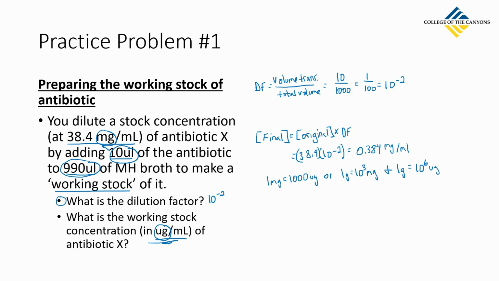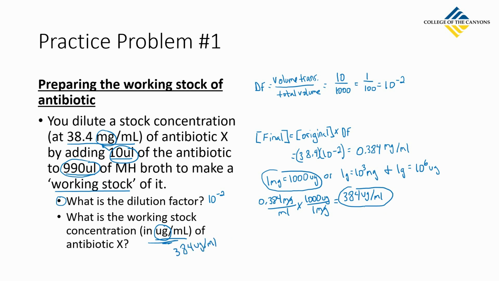So if you knew this, then it would look like this. 0.384 milligrams per mil times 1,000 micrograms over 1 milligram. Now the milligrams cancel, and 0.384 times 1,000 is 384, and that's micrograms per mil. And that is the answer we seek. So this is 384